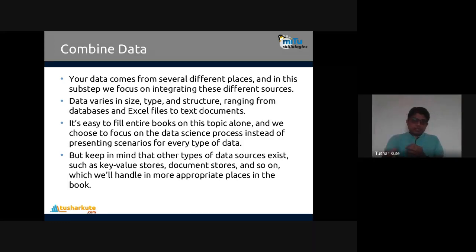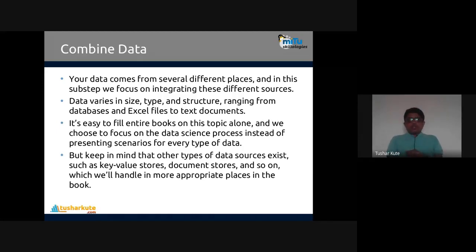The data will vary in size, type, and structure, ranging from databases to Excel files or text documents. So how to work with that? A proper methodology from the programming language point of view should be applied. Then only can we effectively manage the data and perform further data transformation operations on it.